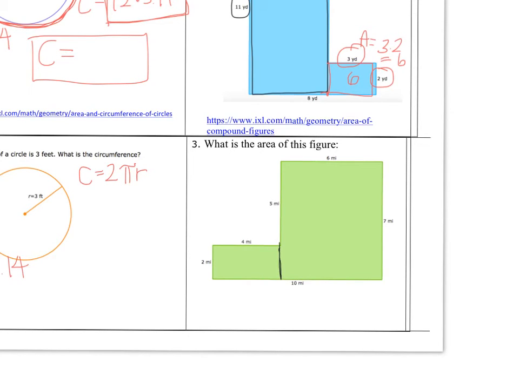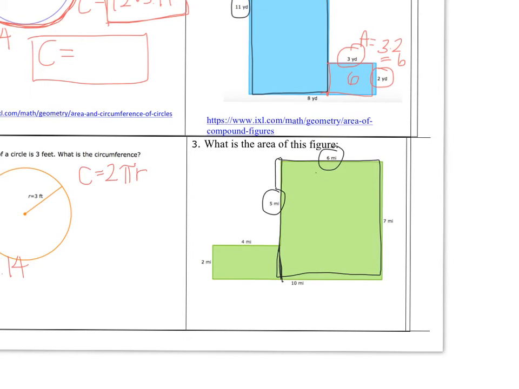Right there. So you have a square. I'm sorry. It's not really a square. It looks like a square, but it's not. So this is where it could get a little confusing for some of you. Because you guys might think, oh, here's 5 and here's 6, so I'm going to multiply those two together. But if you look at this,